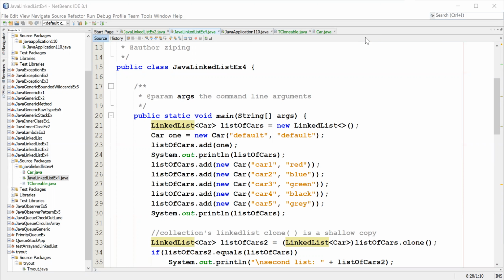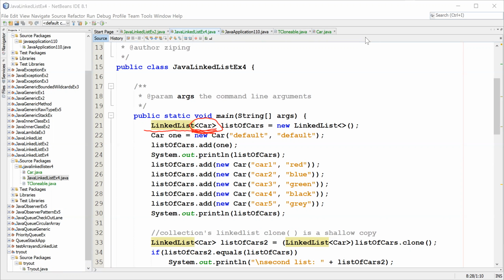And the linked list, if we want to use it just like a stack and a queue, is a concrete class, not like a queue. You remember the queue in the library is an interface. This linked list is a concrete class, and if you want to use it, then you need to give